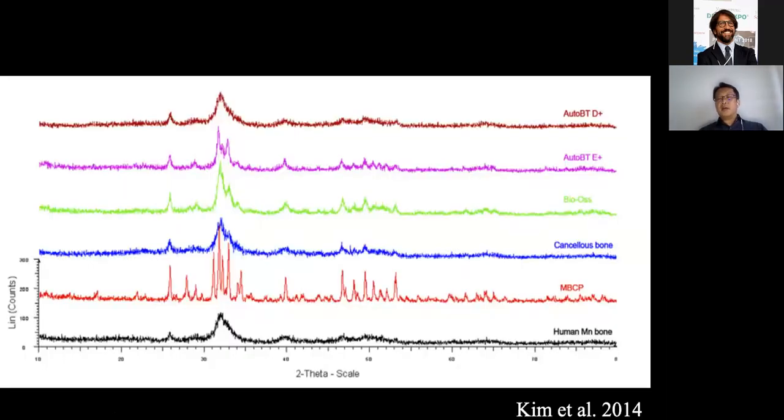In fact, Kim et al. in 2014 shows a very interesting chart. I pulled this from his article, where he looks at the X-ray diffraction, this diffractogram of different materials. You'll find that on the bottom, it shows the mandibular bone. Basically, if you look at this graph, the sharper the lines, and especially the narrower the lines, the more minerals you